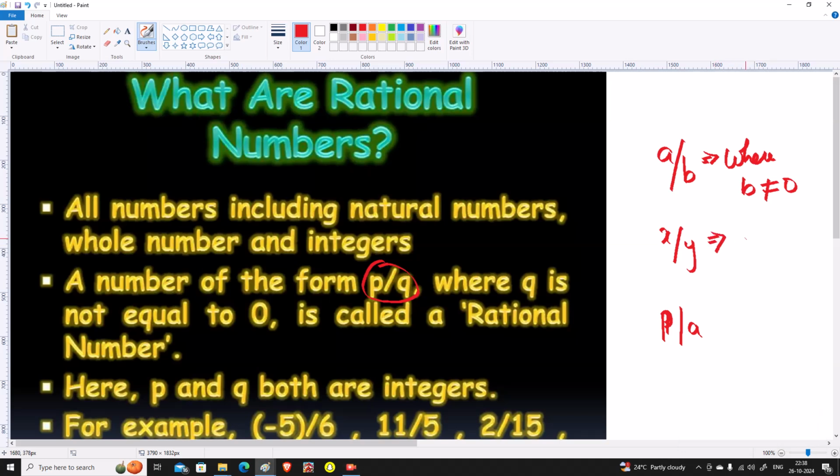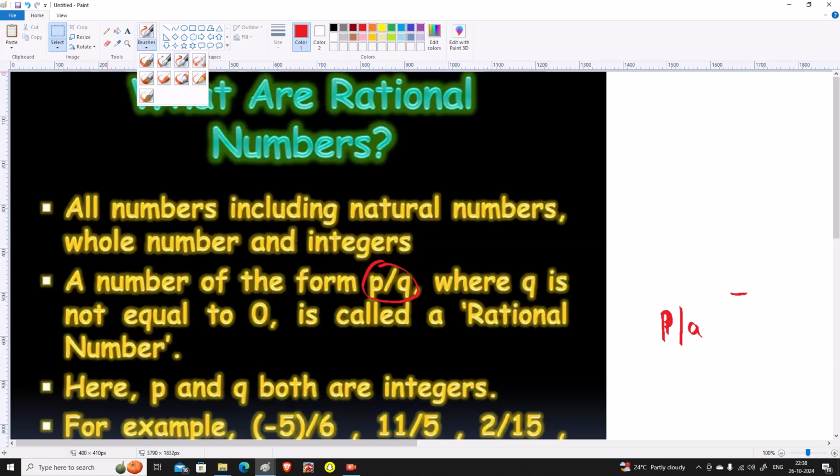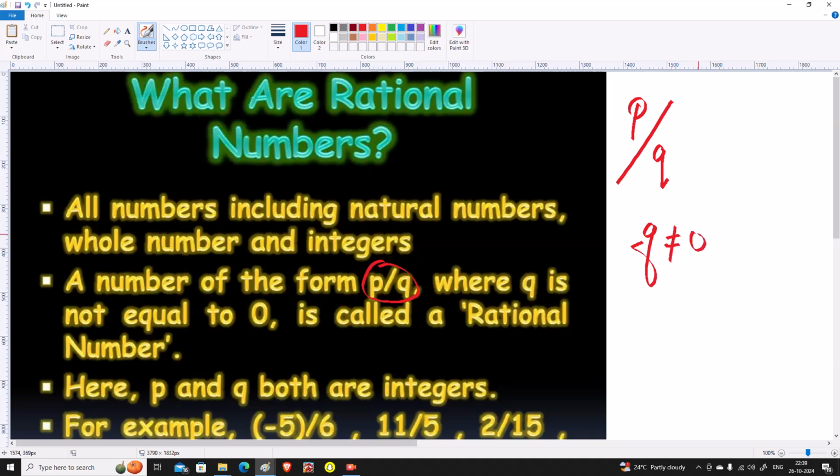Suppose I have written it in the form x by y, in this which is the denominator? Yes, y is the denominator. So we are saying where y is not equal to 0. So any rational number can be represented in the form P by Q, that is a fractional form, but Q should not be equal to 0. And one more condition,